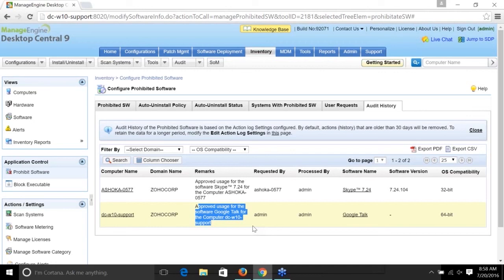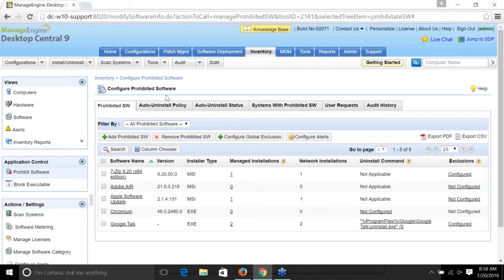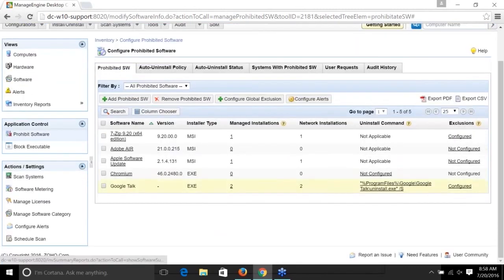Now I get a call from Jeremy, who is the manager of the sales team, asking me to allow Google Talk for the entire team, because they all need Google Talk so that they can interact with their clients globally. Is there a way to do that? Yes. Under prohibited software, Google Talk, you can